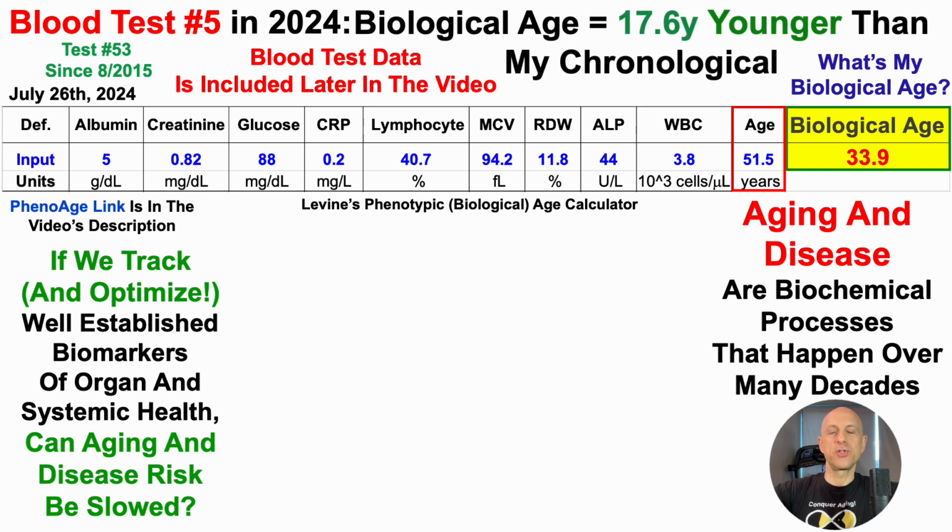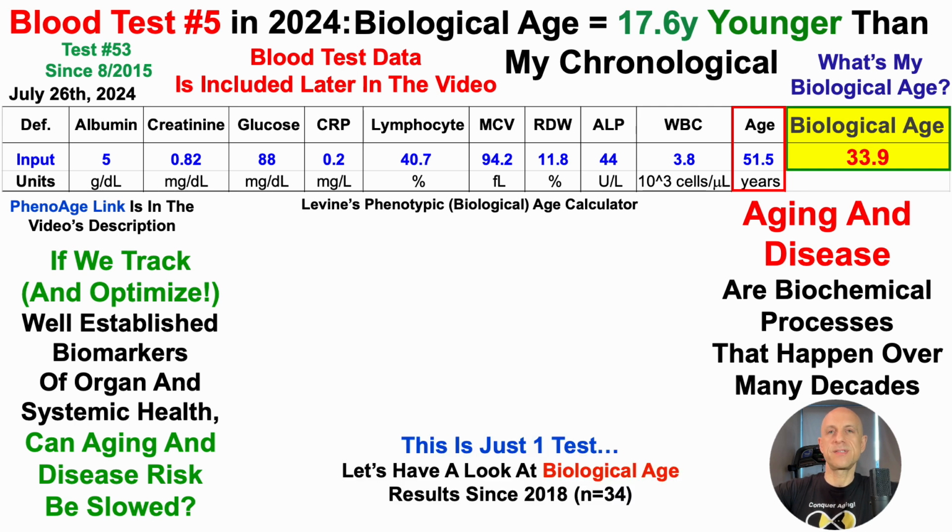Now, rather than just looking at data in a spreadsheet, I'll have screenshots of the lab test report coming up in just a bit. But it's important to note that this is just one test. We shouldn't get too high or too low over one test, but tracking year-to-year changes, I think, is more important for being able to flatten that mortality risk, flatten that baseline in terms of mortality risk.